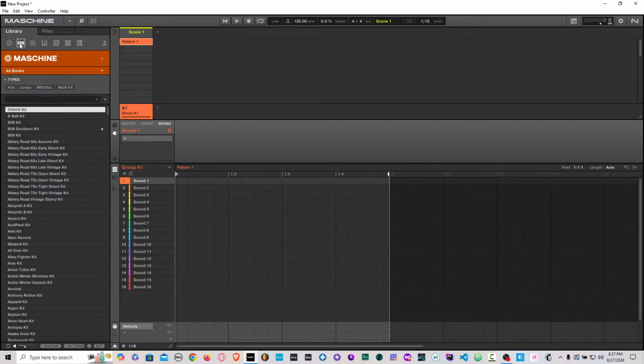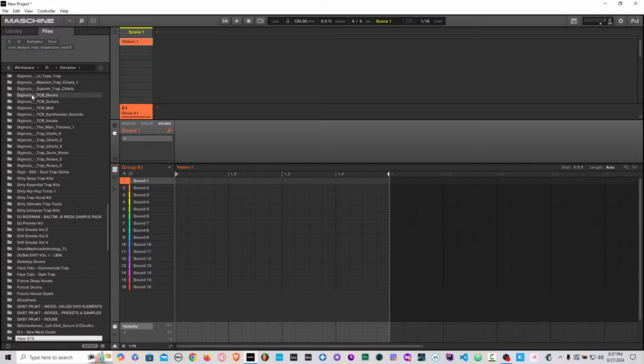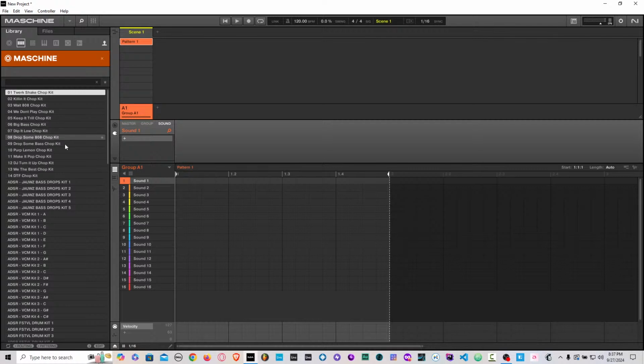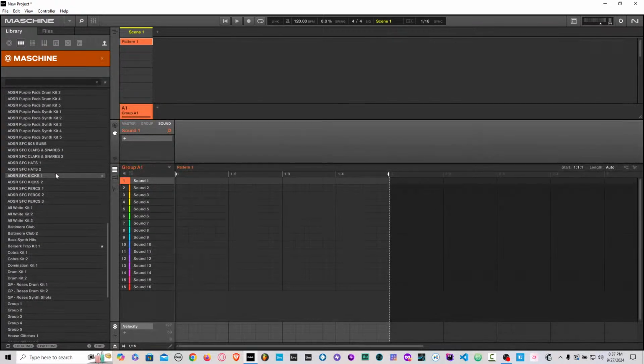And we'll go over how to import your own samples. You can go into your files, samples, and you can just right click, import to library. And then you'll be able to search for it inside the library by clicking this little head thing on the right. Boom, and then it goes to kits that you made,